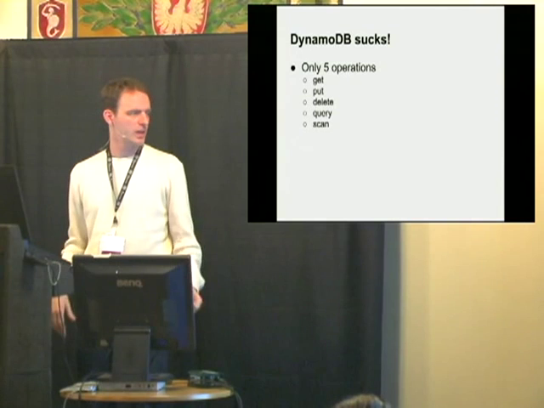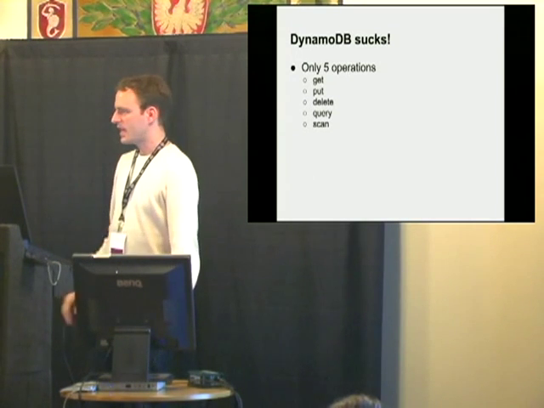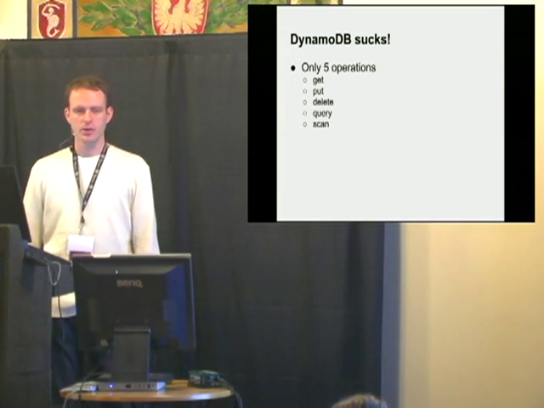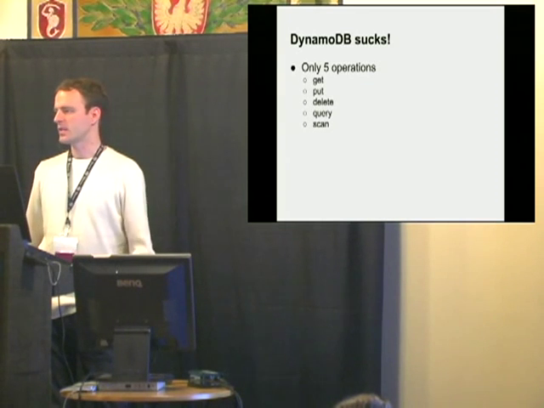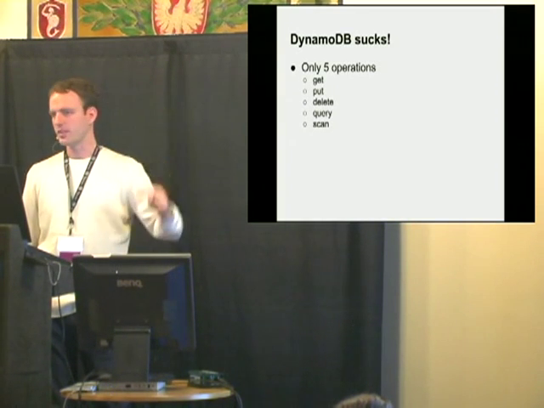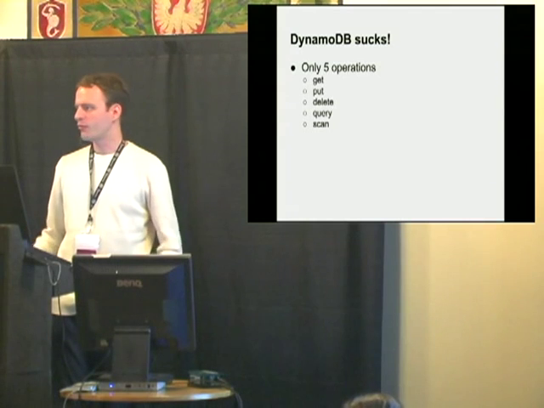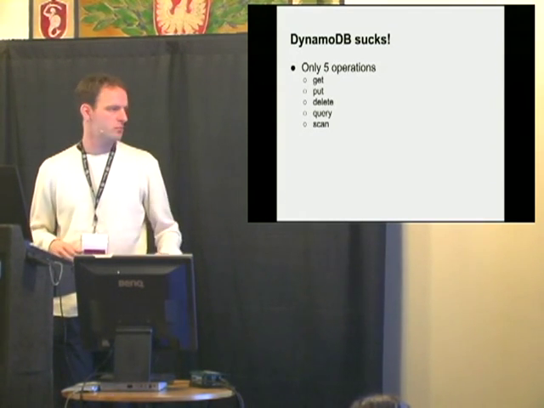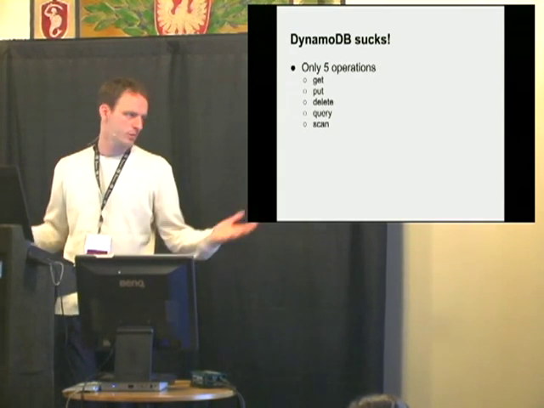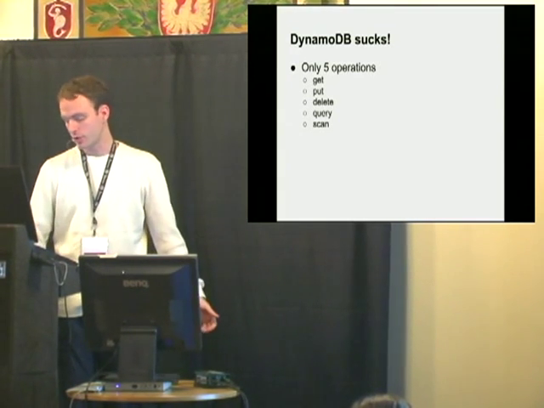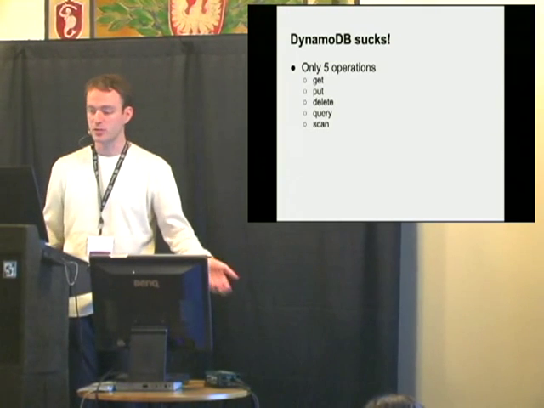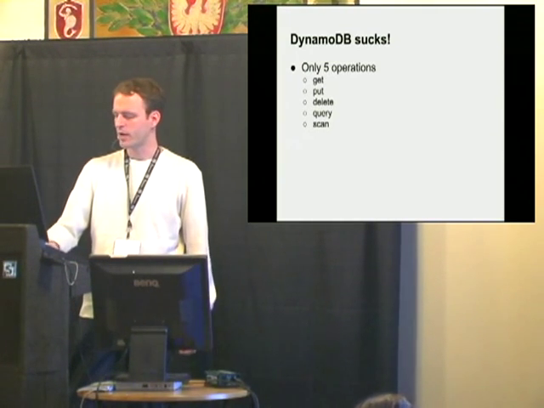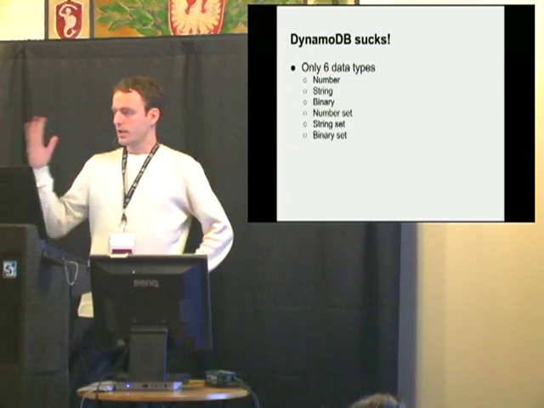The general purpose select is scan, but scan is an extremely expensive operation because it doesn't use any indexes. It basically walks through your entire table, using up read units as it does. But on the other hand, you can specify arbitrary conditions. But it is expensive and slow, and you should not use it unless you really need to, but try to find a way around it. In addition to that,